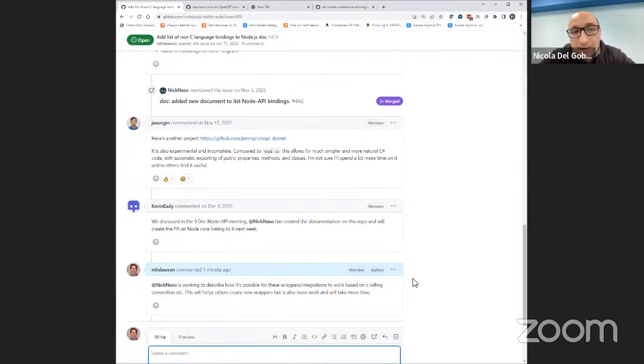You don't need any particular mechanism to pass functions from Rust to C. So yeah, it's a journey, all these things.